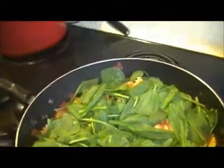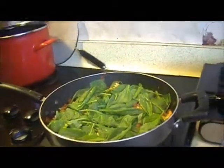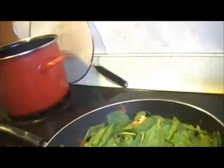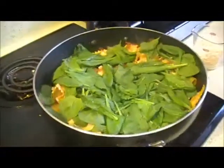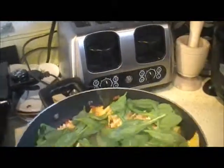So now let me show you what I'm gonna do. I'm gonna set it over here because we don't want it, so let's turn off the stove. We don't want it on the stove itself. I'm putting it on a silicone pad of mine. Move this really quick. So that's how it looks. It's still bubbling in there,